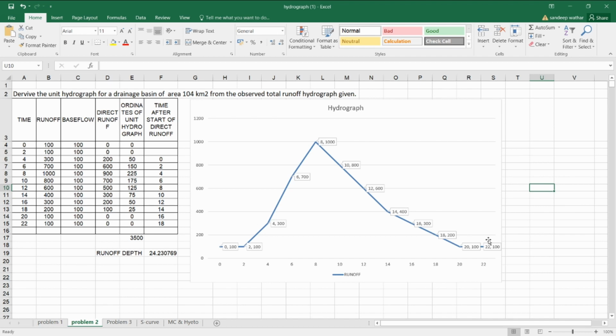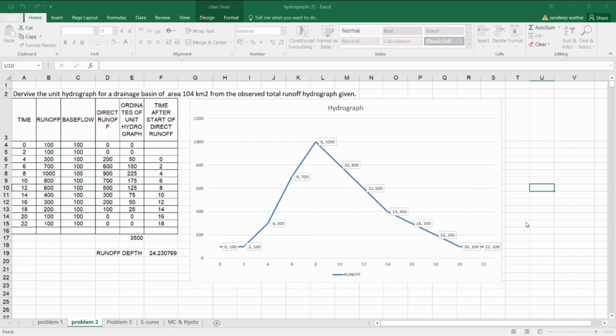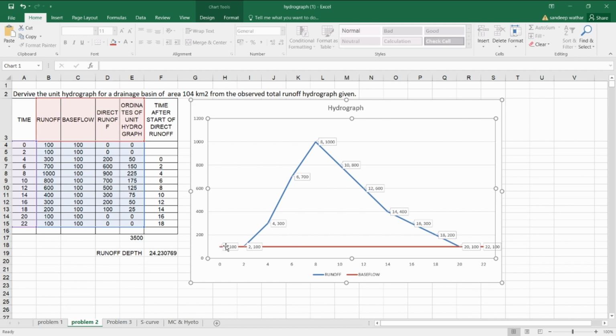Here what I'll do is I'll separate the base flow by considering that 100 as the value of my base flow, and I'll keep it constant. So 100 I'll keep constant. From this point I have drawn a horizontal line. So this is your base flow. Now if I draw a horizontal line from here to here, this becomes my base flow. Now I have separated the base flow and the